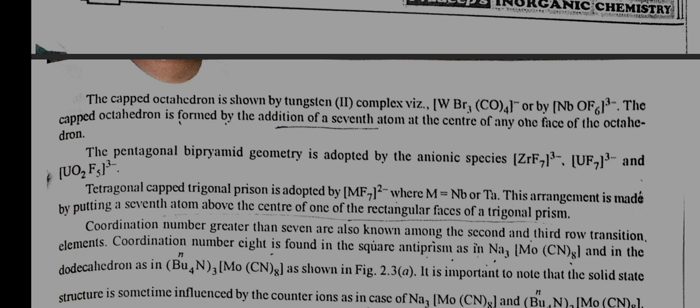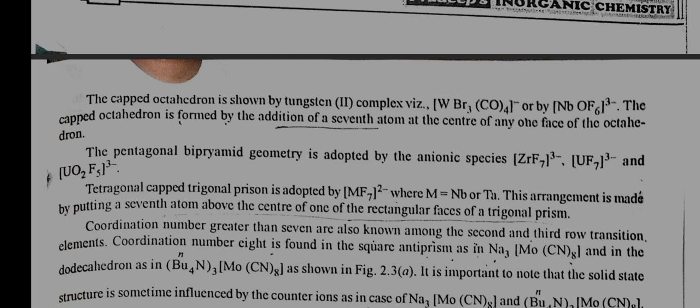the octahedron. The pentagonal bipyramidal geometry is adopted by the anionic species, that is ZrF7 3-, or UF7 3-, and UO2F5 3-. The tetragonal capped trigonal prism is adopted by MF7 2-, where M is equal to Nb or Ta. This arrangement is made by putting a seventh atom above the center of one of the rectangular faces of a